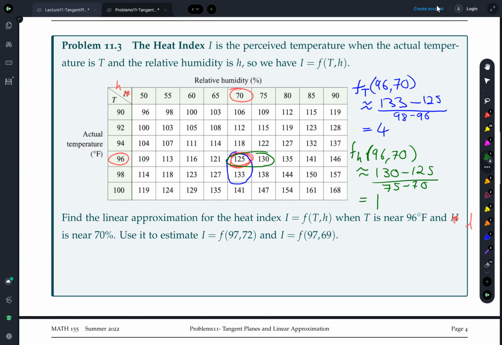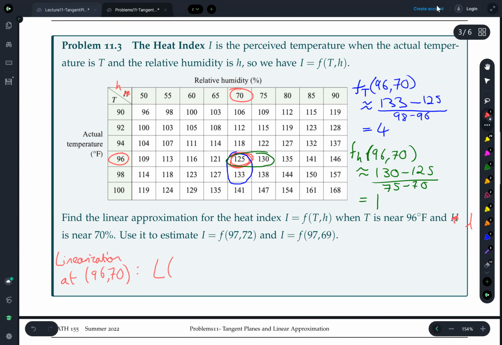Okay, so we want to work out our linearization at this point of our function. So our linearization at 96, 70. So when t is 96 and h is 70. Let's call this a new function, capital L of t and h. It's going to equal,